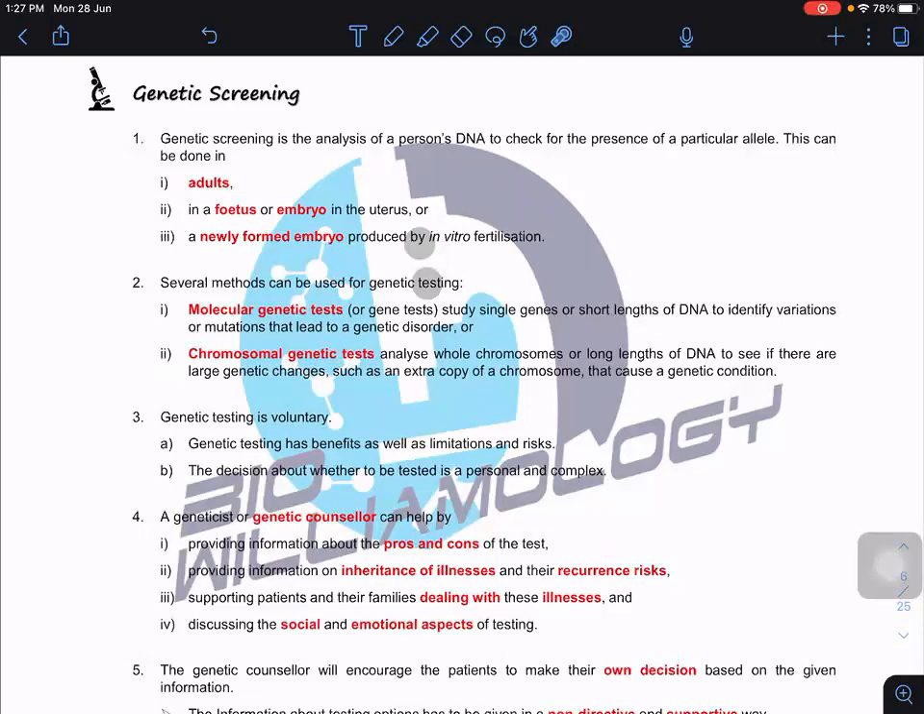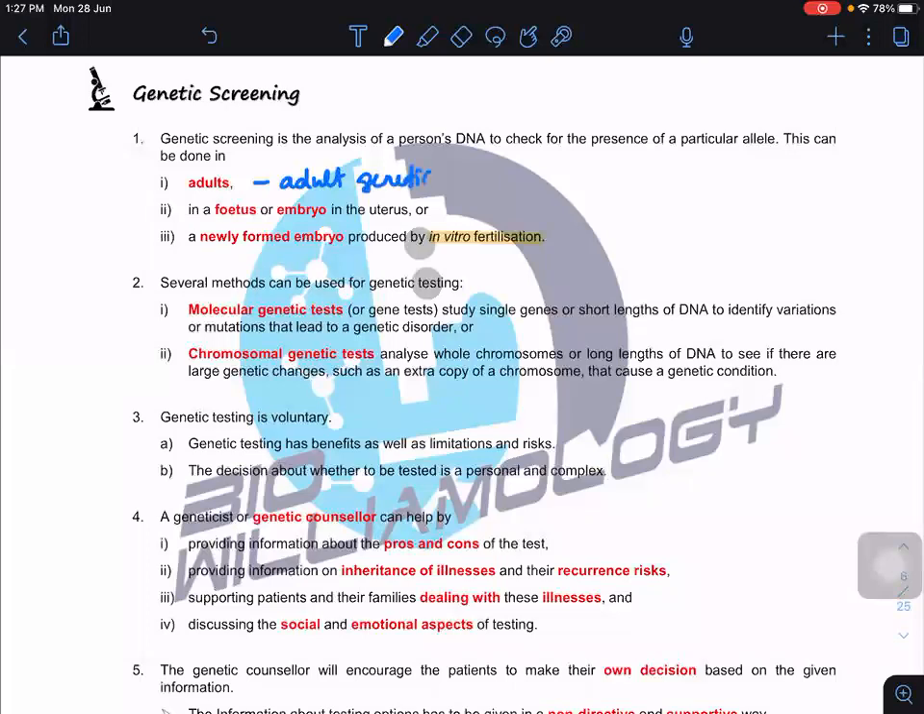Okay, so now look at this. Genetic screening is the analysis of a person's DNA to check for the presence of a particular allele, whether it can cause the disease or not. This can be done in an adult, fetus or embryo, or even the newly formed embryo, but this one must be through in vitro fertilization. Are you clear? In genetic screening, this one we call adult